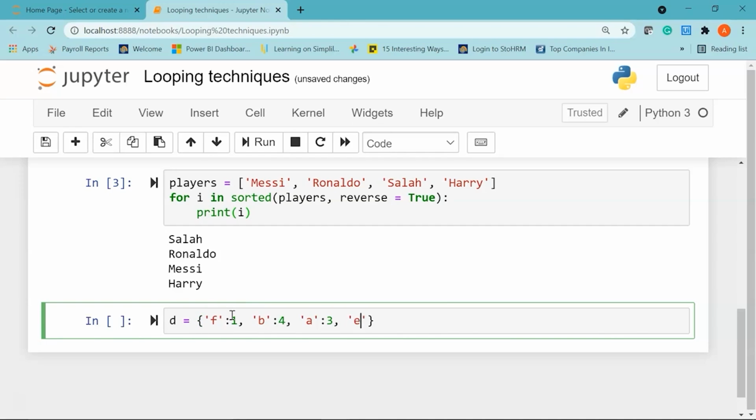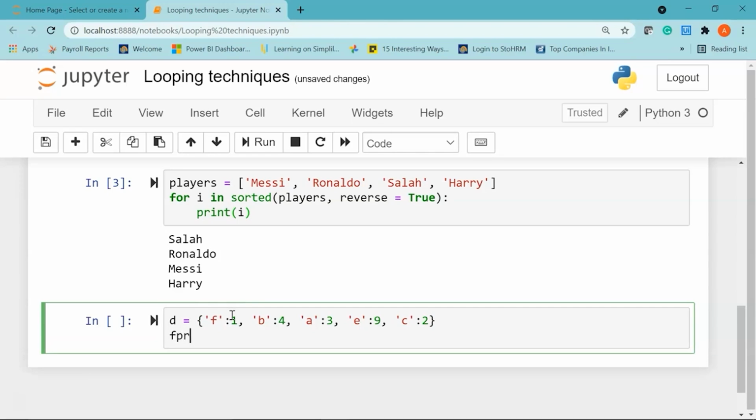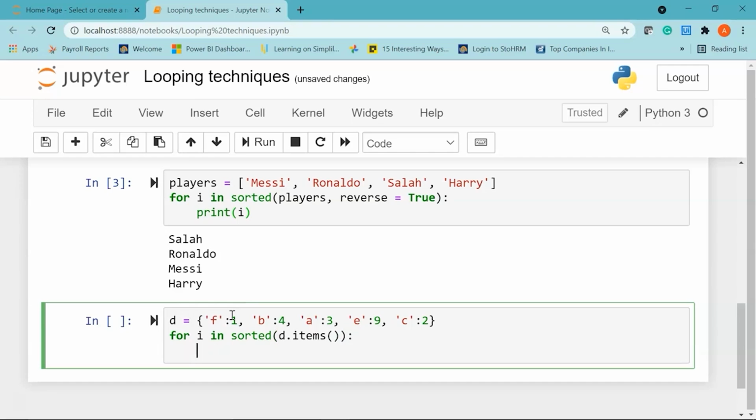After that, my next key is E and the value is, let's say, 9. And finally we have our last key, which is C, and the value is 2. Now to sort this dictionary, I'll say for i in sorted, I'm going to use the items method. I'll say sorted d.items and then we'll print i.